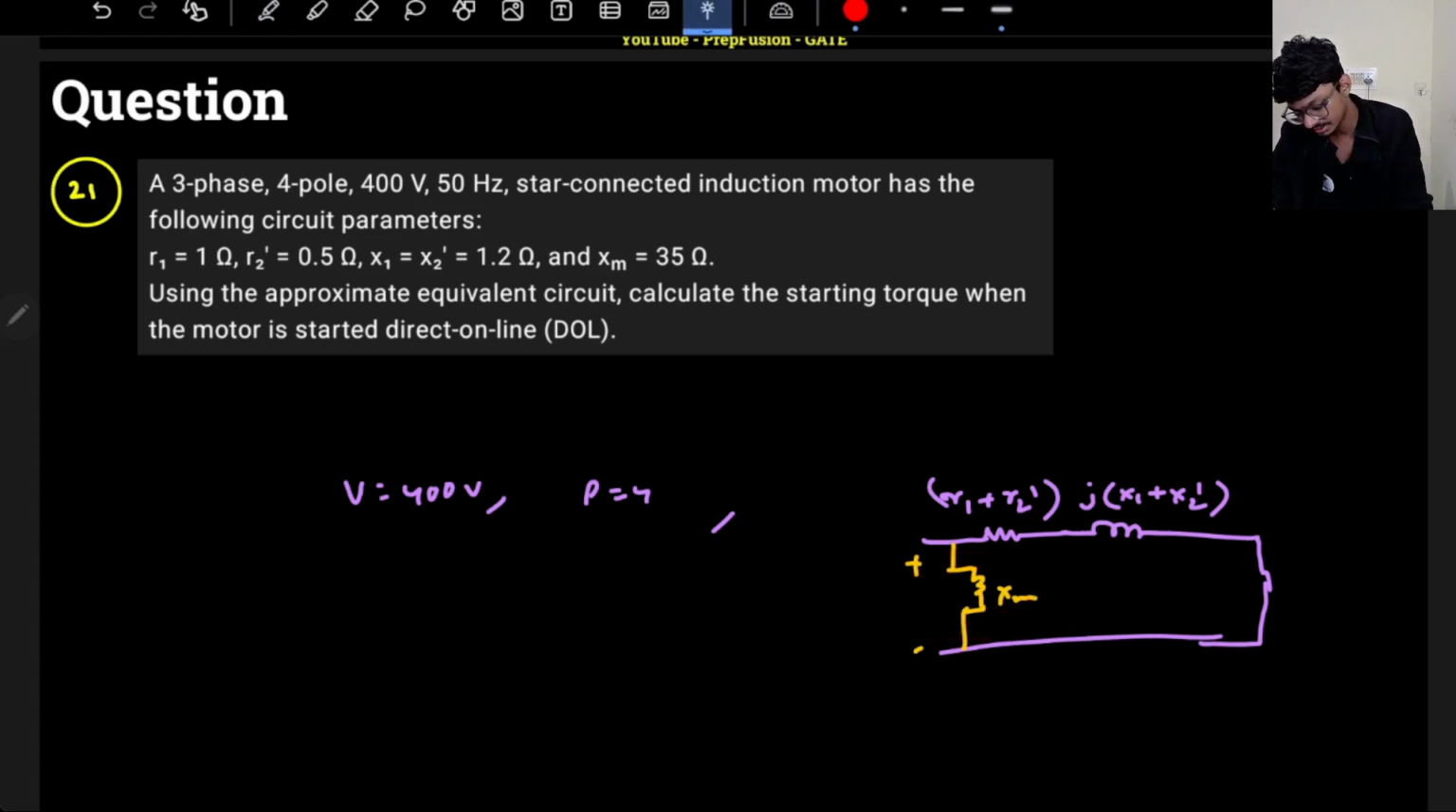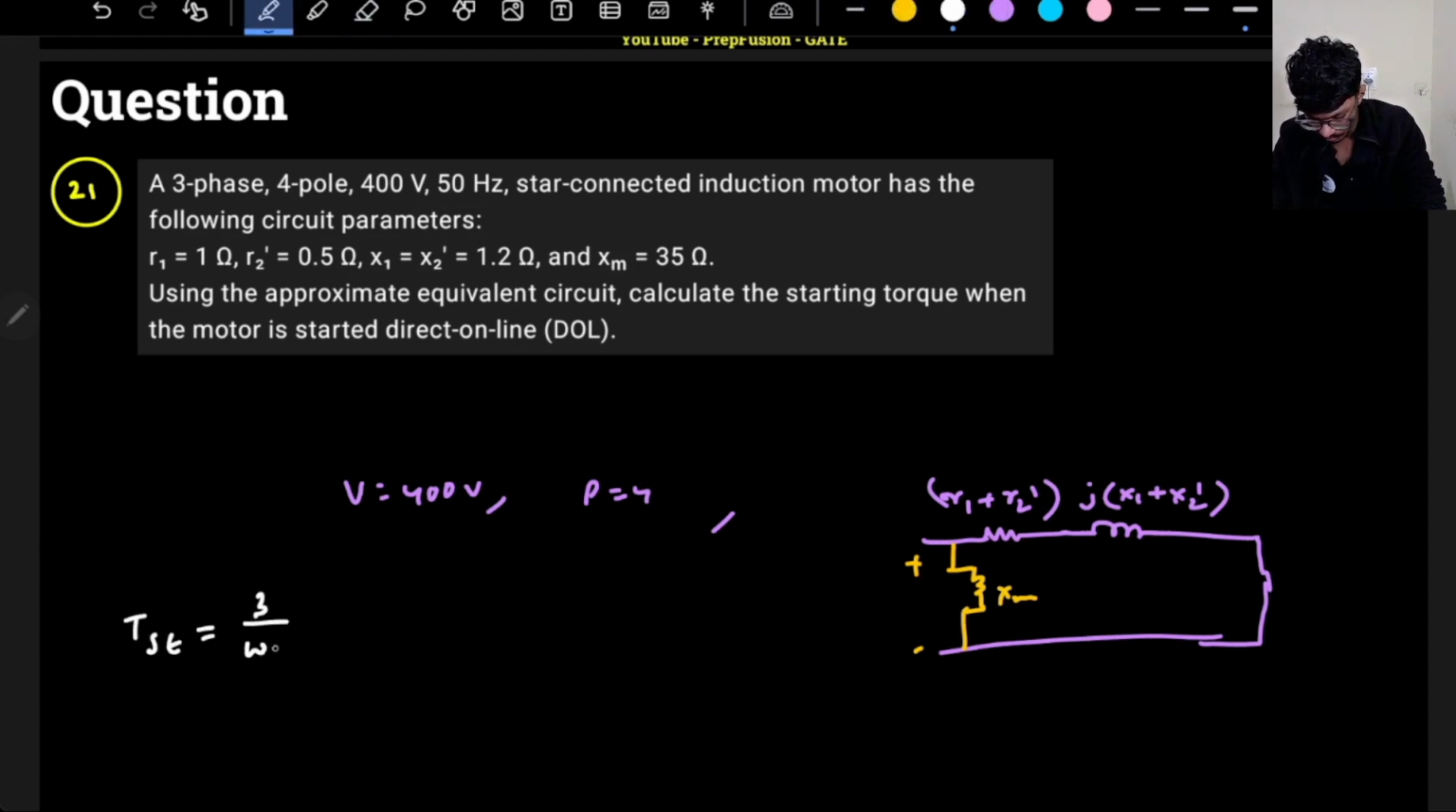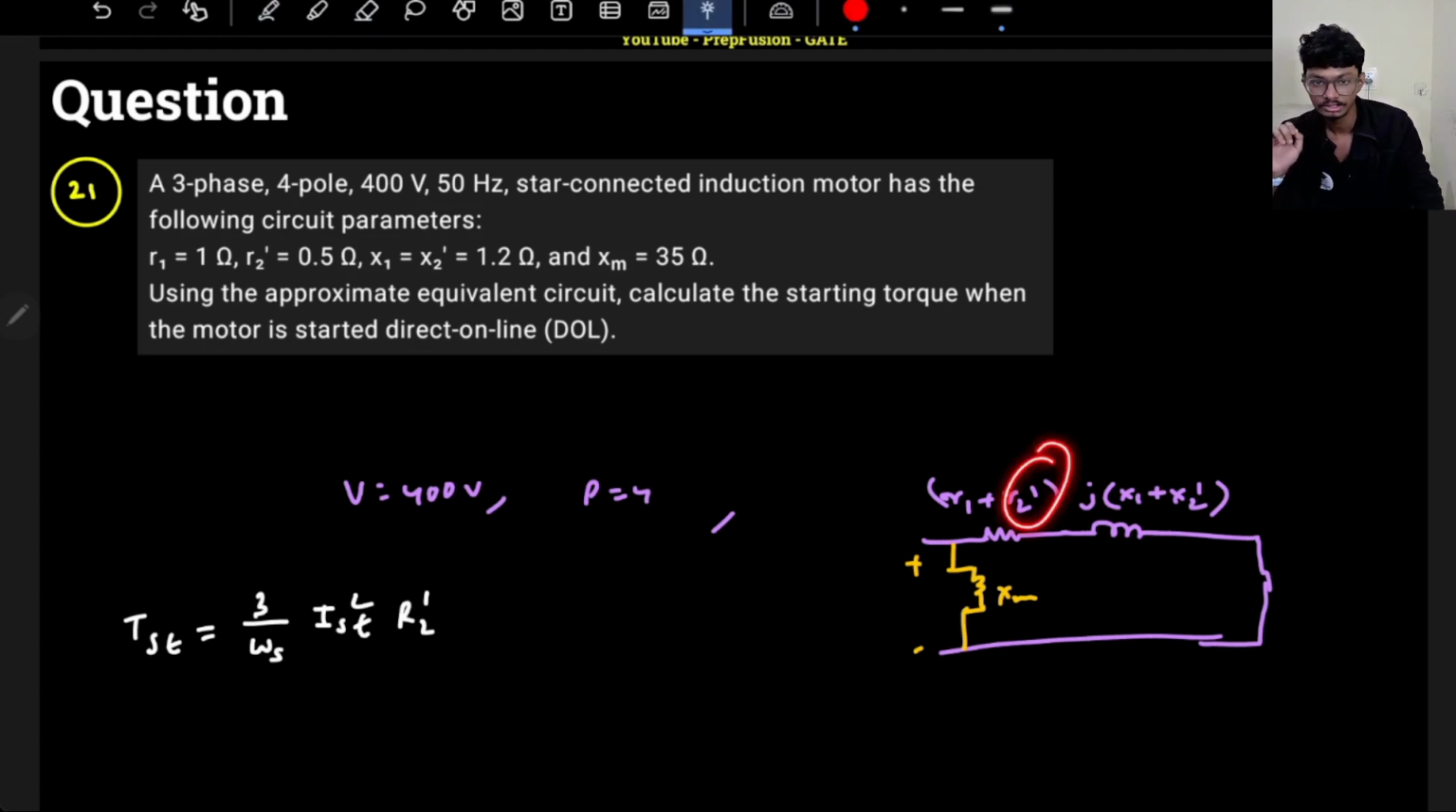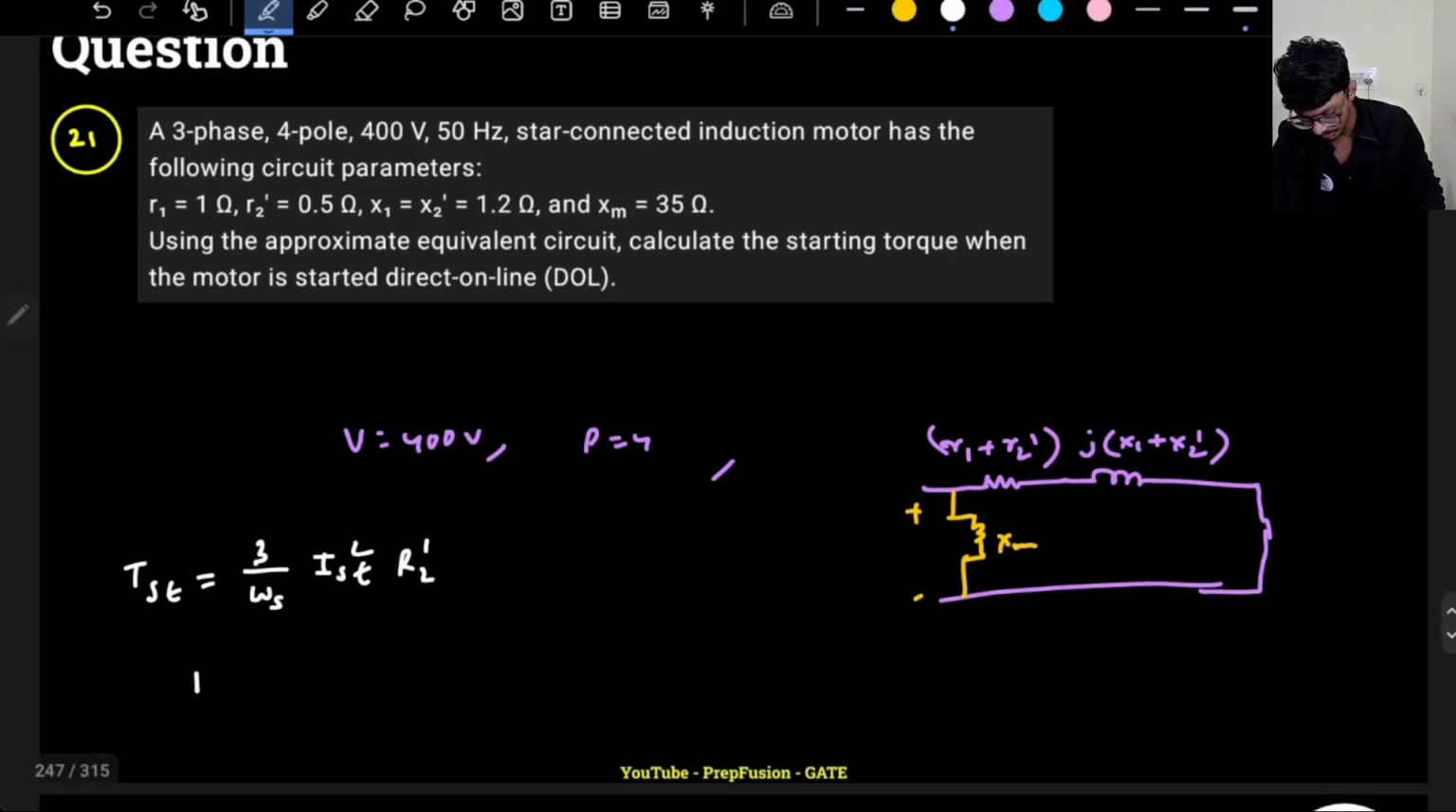Basically, they are asking what is the starting torque using direct online starter. Very simple, right? So what is the starting torque formula? It is 3 upon omega s into I starting whole square into R2 dash only, because whatever power goes through R2 dash gives me the air gap power, not through R1. So I have to find the starting current. R2 dash I already know. So starting current I_ST